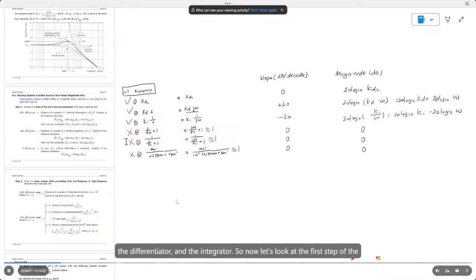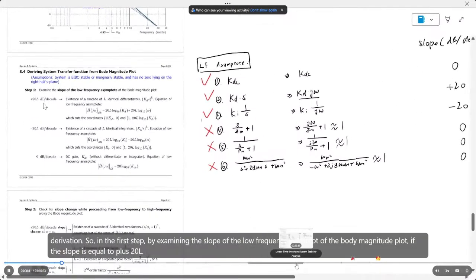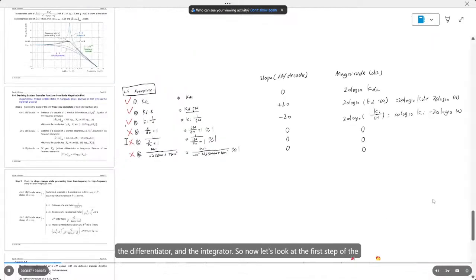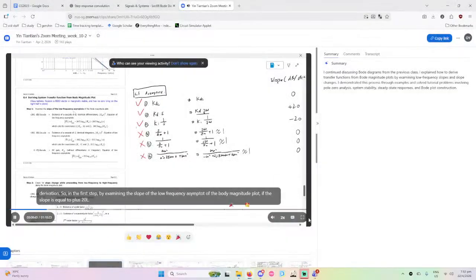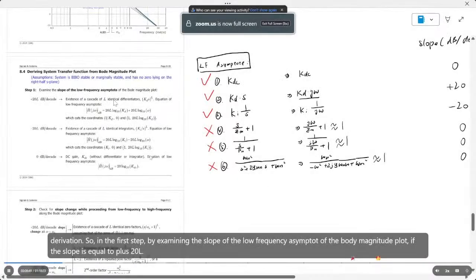So now let's look at the first step of the derivation. In the first step, we examine the slope of the low frequency asymptote of the Bode magnitude plot. If the slope is equal to plus 20